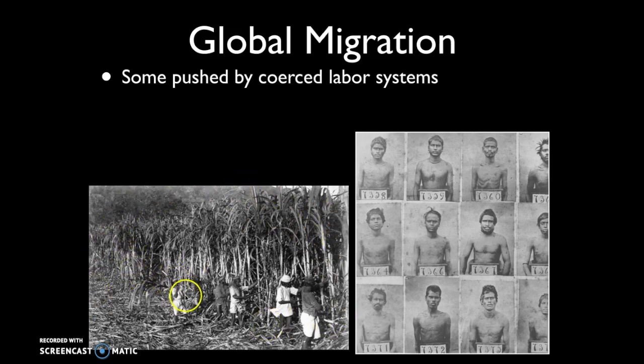So we have some laborers cutting down sugarcane. And remember, this is in the period post-abolition of slavery. So this is post-mid-1800s. And you have all these sugar plantations that still need folks to work to harvest the crops. And so, in need of a low-cost labor source, many former colonial plantation owners turned to the cheapest available source of worldwide labor. And at the time, that was Indian indentured labor, because there was such poverty in various